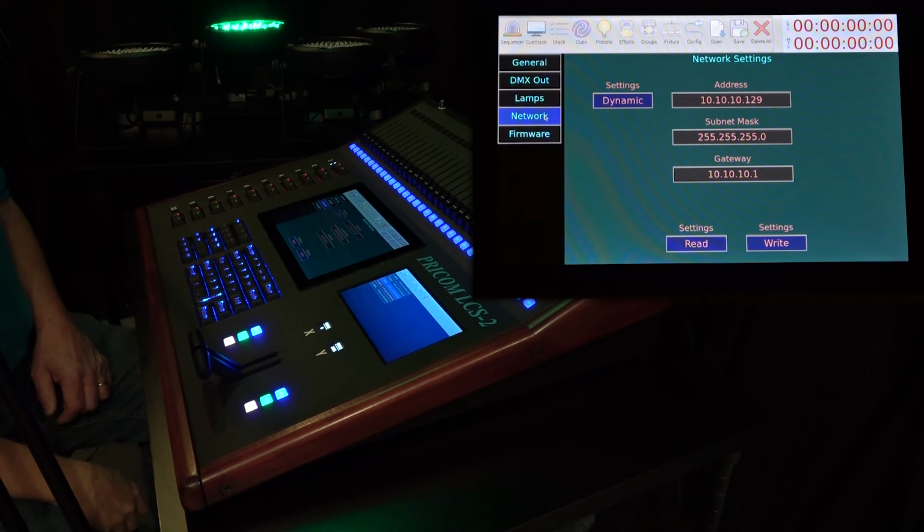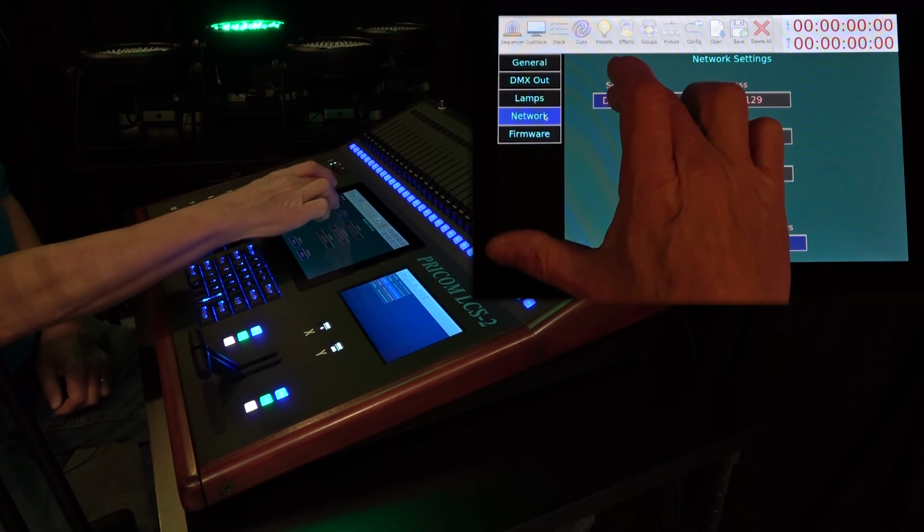Networking configuration is mostly about the Ethernet interface. Ethernet can be set to dynamic, which is DHCP, or it can be set to a static IP. In this case, I have it set for DHCP, and the address is showed grayed out, which in our network is 10.10.10.129. Since our ArtNET interface is a broadcast interface, this will automatically make the broadcasts on the 10.10.10 network, since my subnet mask is set for